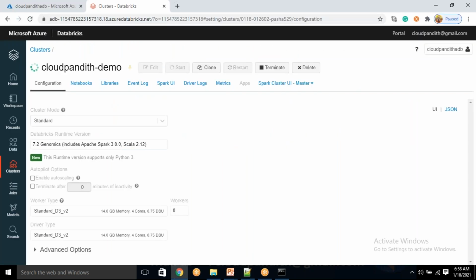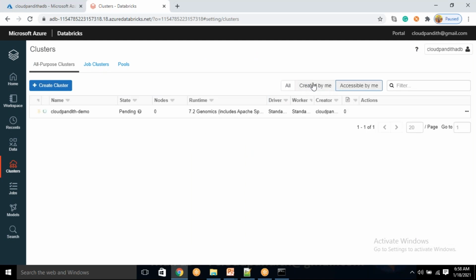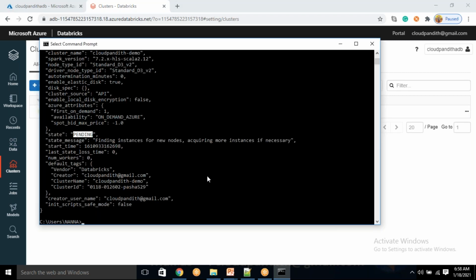Okay. Now the cluster is going to be up in some time. Don't worry, it will not terminate. Sometimes it will not show like that. Okay. So it will create in some time. It will take some time. But now,